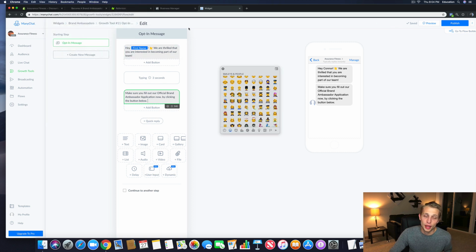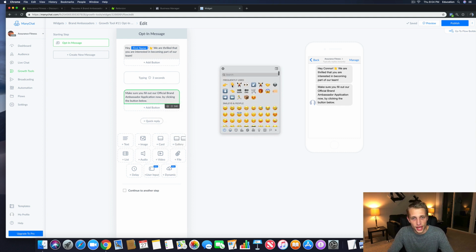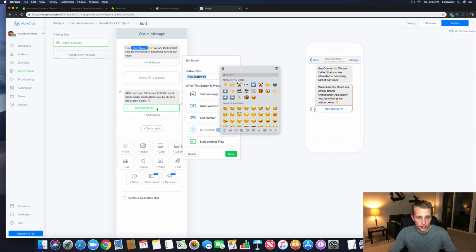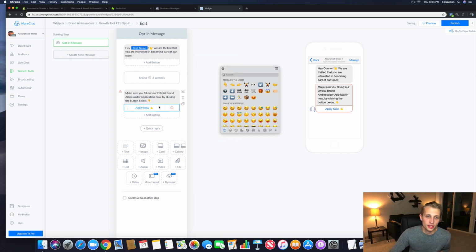I'm sure someone who uses Windows knows how to make this appear, but I can't figure it out. So the easiest way is just to right click and click here. I'm going to add some emojis in here, like a hand pointing down, and then I'm going to add a button and say "Apply now," and I'm going to put a hand right here. And then where we want to link this,